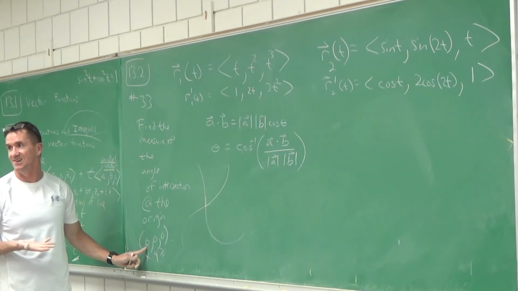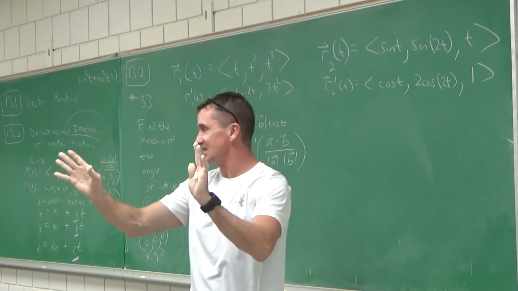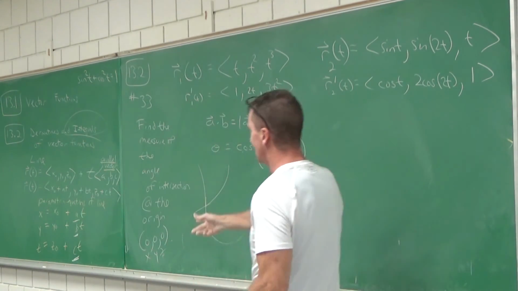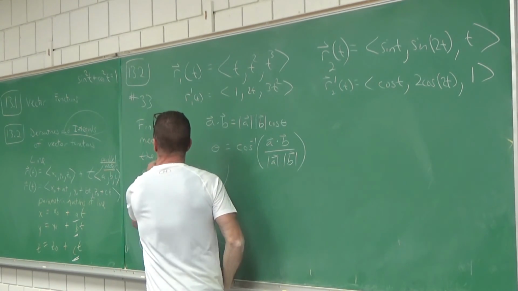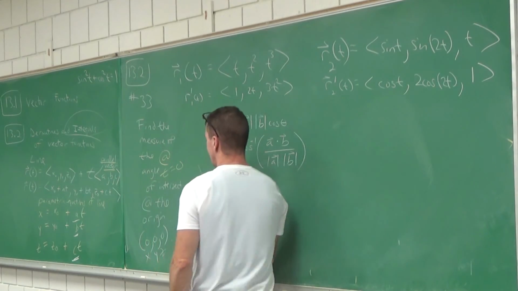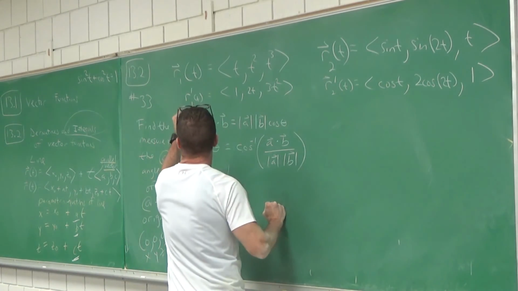No tricks this time. t is equal to 0 here, right? t equals sine of 0, which is 0. The missing t, that's what I'm talking about. They didn't give us the t value, they gave us the x, y, z. This is going to be at t equal to 0, because that's what gives us these values for x, y, and z. So now let's find R prime of 0.